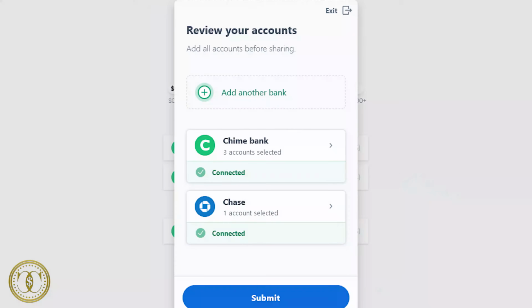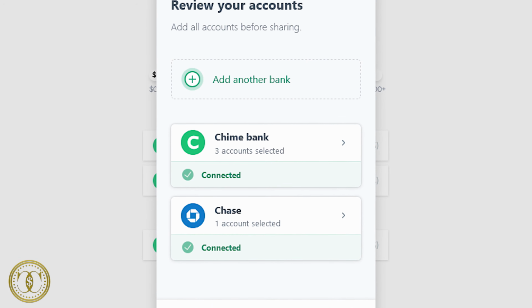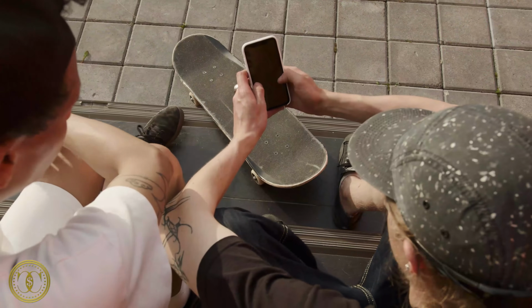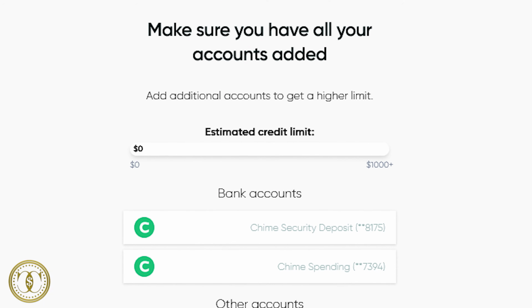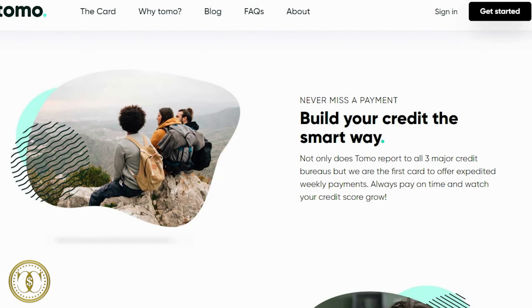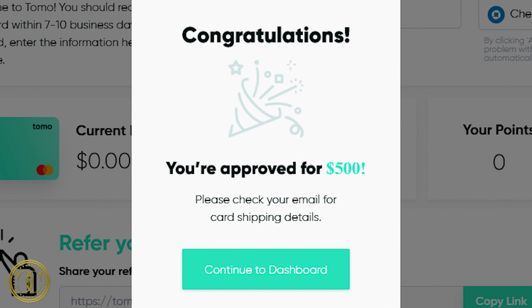So the way this card works is they approve you through the Plaid platform. You're actually gonna link your existing bank account when you apply for the Tomo card, providing that you have no NSFs and you have money in your bank account, you're gonna get approved for this card. So the more bank accounts you link to this Tomo card, the higher your credit limit is gonna be, and it's unsecured. It's not like you're gonna be pulling your own money. Say you have $100 in your checking account, and that's what you're gonna be able to use for this Tomo card. No, they're gonna provide you with the actual credit limit, but the credit limit they're gonna provide you is based